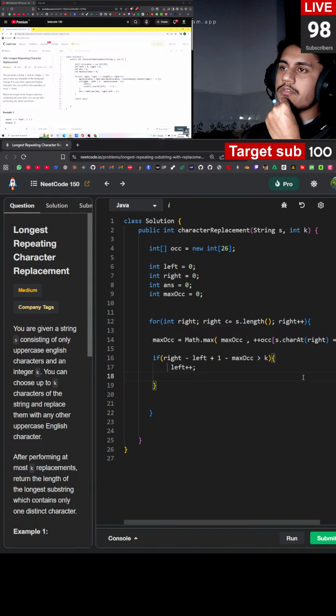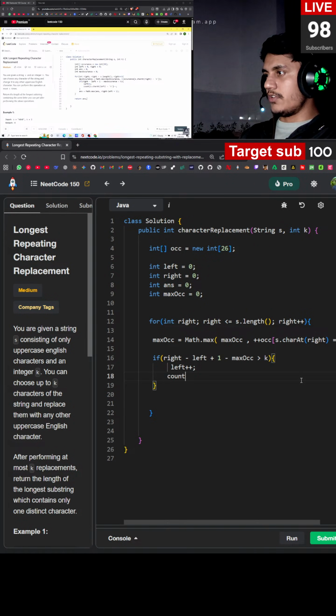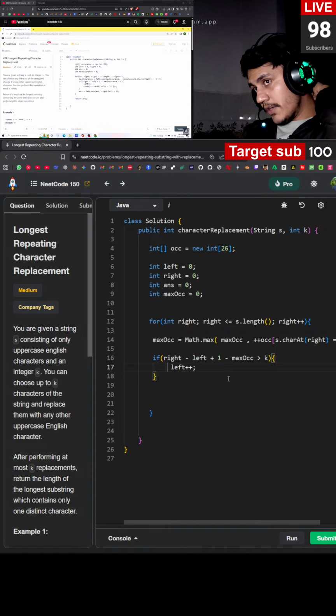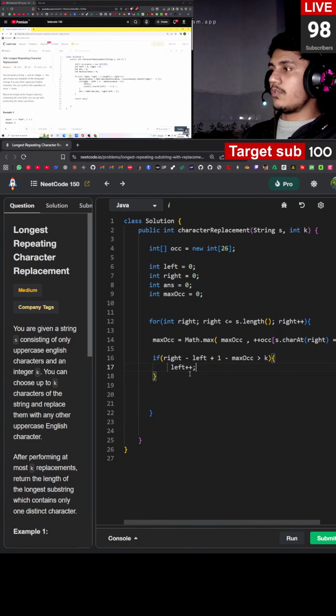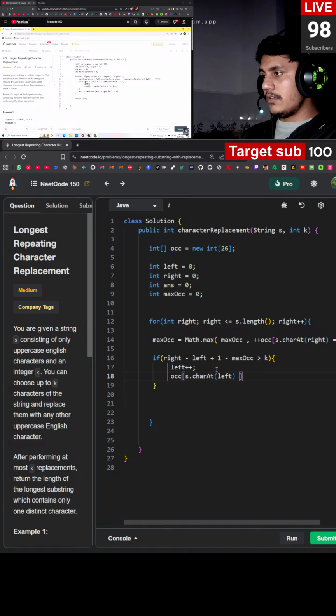मैंने कुछ मिस कर दिया क्या? काउंट माइनस माइनस, ये वाला सिंटेक्स मुझे जरा समझ नहीं आया, इसने काउंट क्यों लिखा है? हाँ, हमें उसको डिक्रीमेंट करना पड़ेगा, अकरेंस को करना पड़ेगा ना। अकरेंस में से हमें s.charAt(left) जो है उसको डिक्रीमेंट करना है, माइनस कैपिटल A।